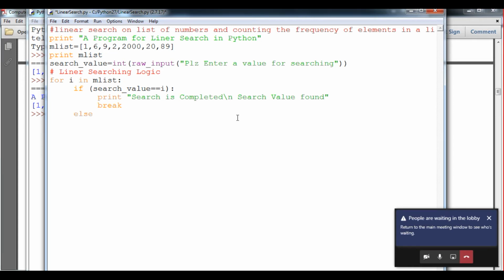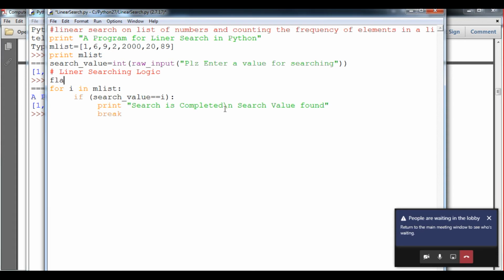Otherwise, in the else part we are going to do nothing, and we will add a flag variable here, flag equals 0, and before break, flag will be 1.